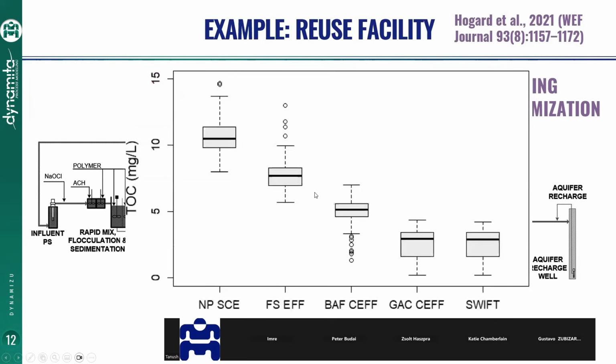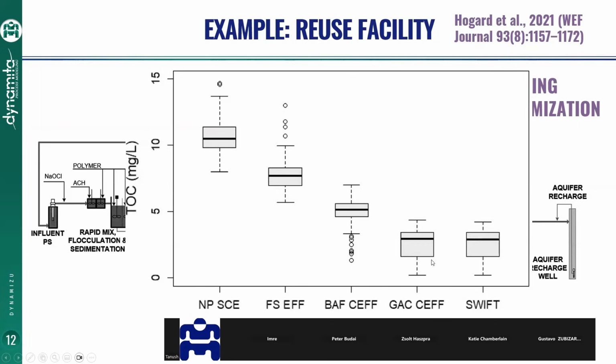So what are we going to first reproduce? We're going to reproduce the TOC curve, or the total organic carbon curve, which they observe. In the influent, or in the effluent of their facility from wastewater, they have TOC ranging from 8 milligram per liter of carbon to close to 12 milligram. And then they have about 30% removal after their flocculation sedimentation tank, then another 20-30% removal in their BAF and